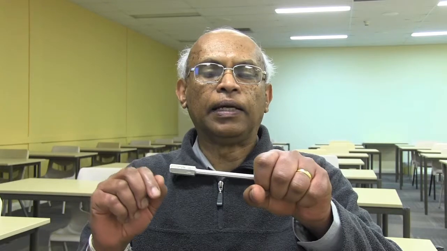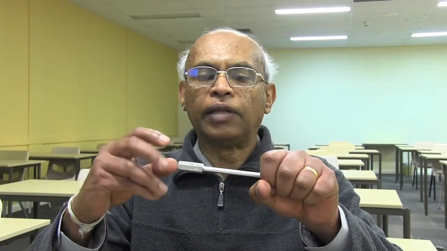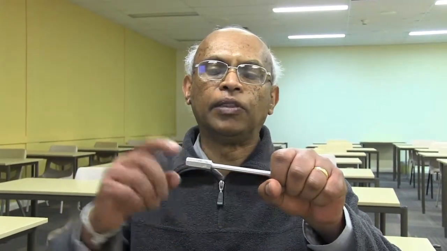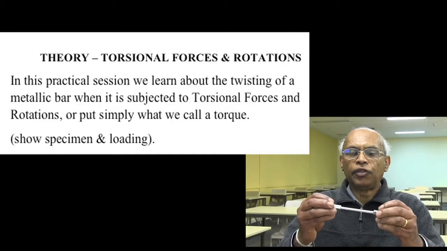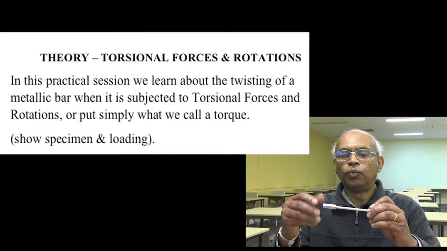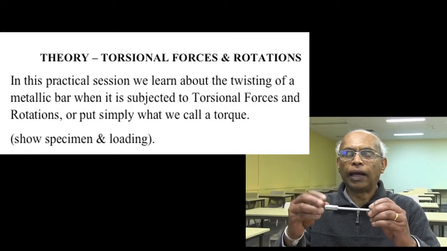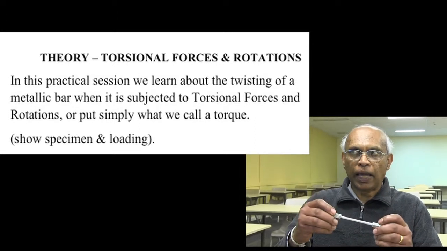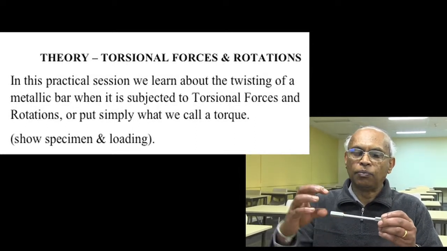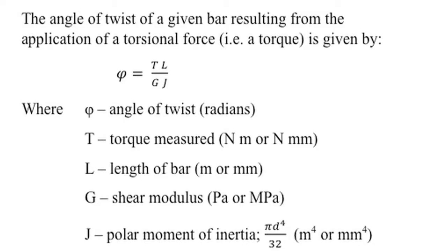During this practical, we are going to rotate this by a certain amount and determine the torque or the torsion that we apply to make it move. The governing equation relates the angle of movement to the torque, and all the others in that equation are constant values. So, therefore, we can determine the angle of movement which is measured, and also we can determine the torque and relate the torque to the angle of movement. We call it angle of twist.